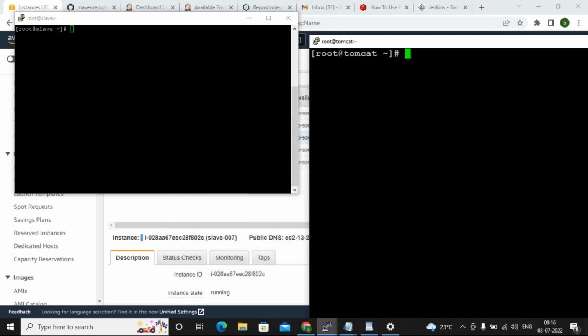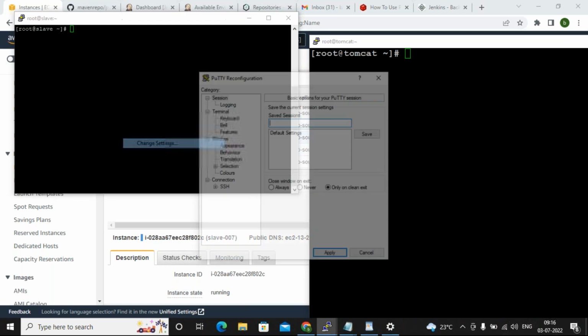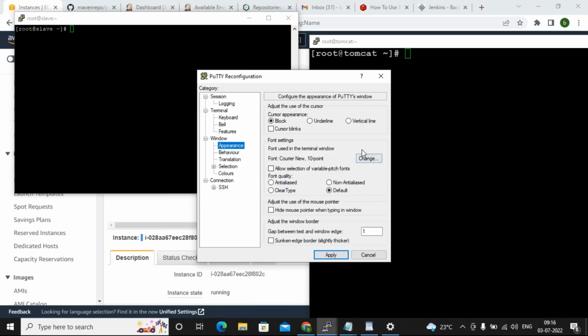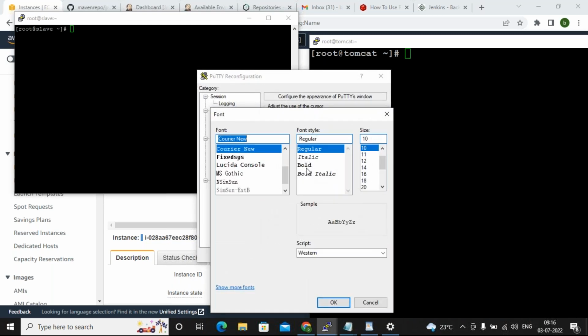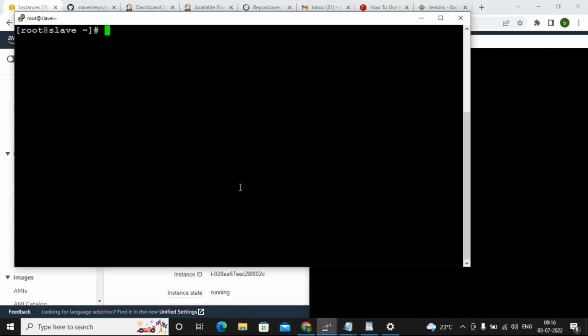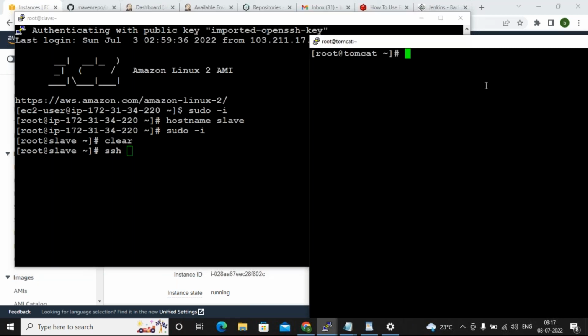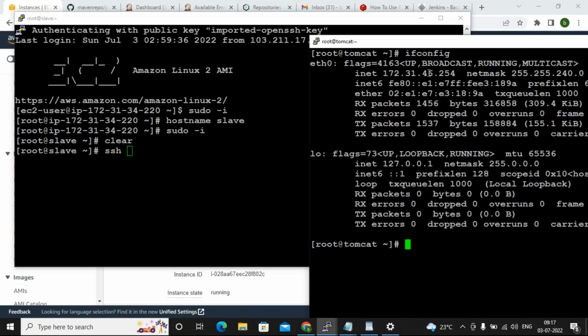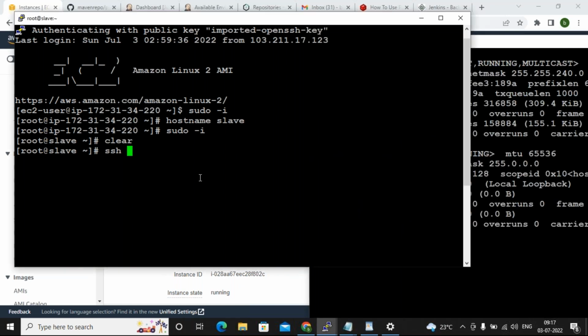Actually, without a slave machine, can we integrate this with the master? Definitely, with a plugin. That's what I'm asking you to find out, the plugin. Both are possible, guys. With a slave you can integrate, and with the master also. If it is with the master, I need a plugin. Wait. First of all, let me try SSH. ifconfig. Okay, I'm trying SSH.